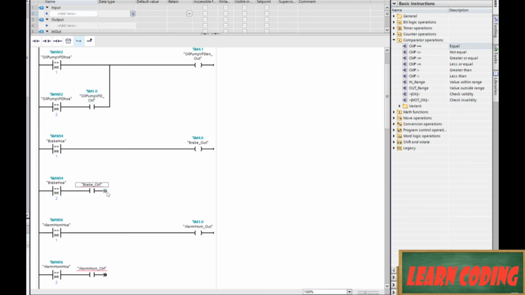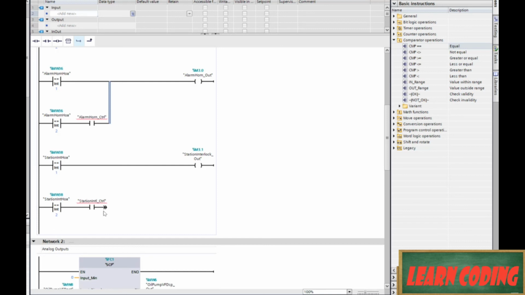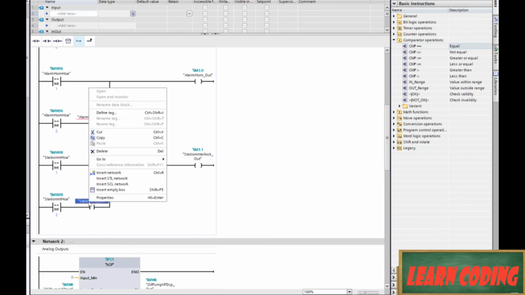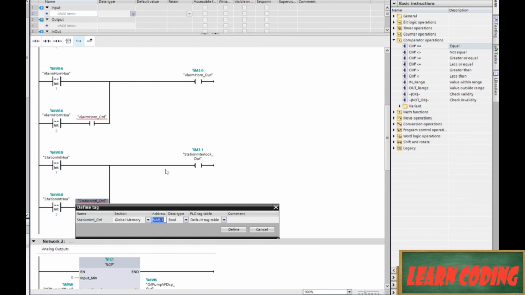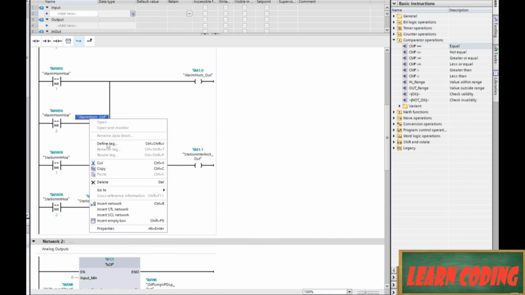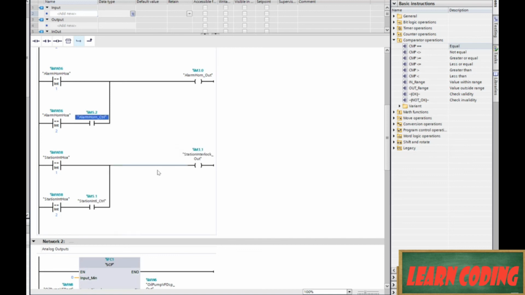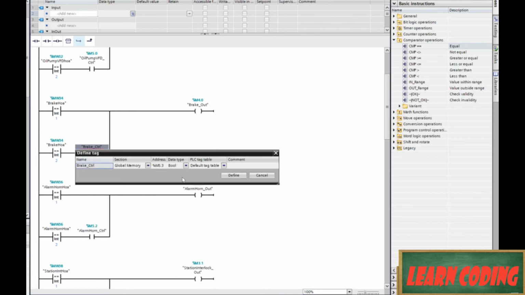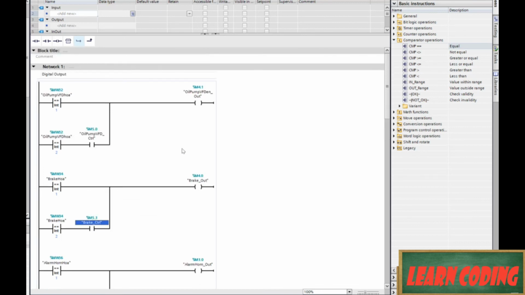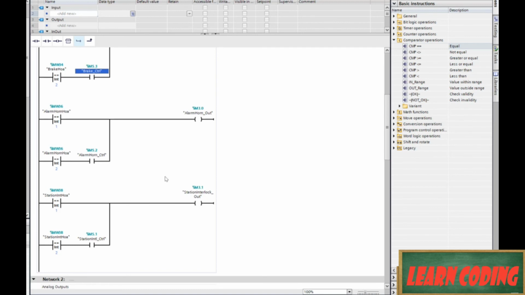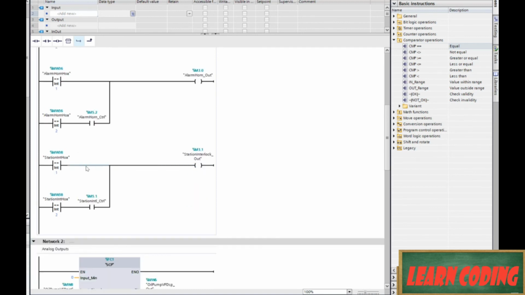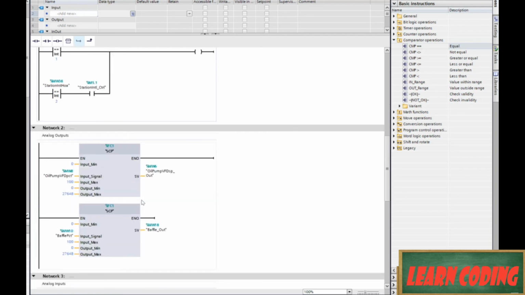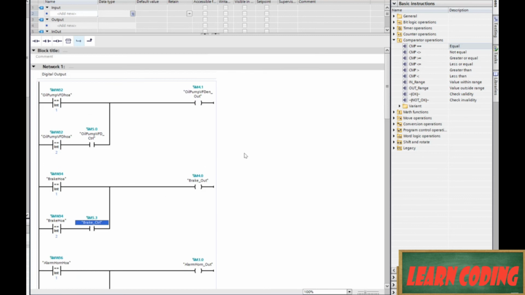And oil pump. Okay, so let's connect the lines here and then define the tags. So that's going to be a global bool because we're going to be controlling that from elsewhere in our program. Same as that, and same as that. Okay, so now we've got a way to energize any one of these things in hand mode, energize any one of those in auto, and we've got a bit that we can control from the rest of our program. So now